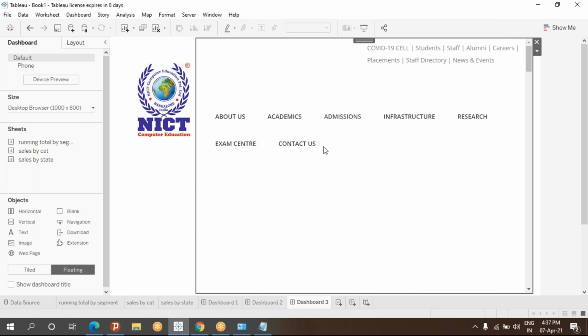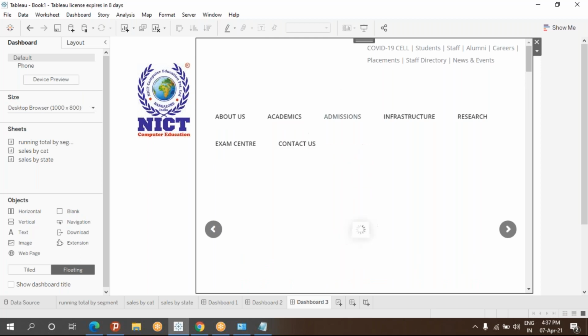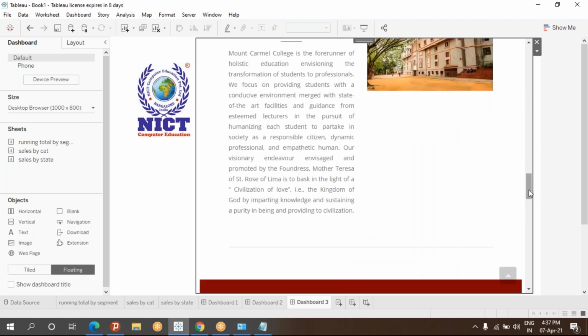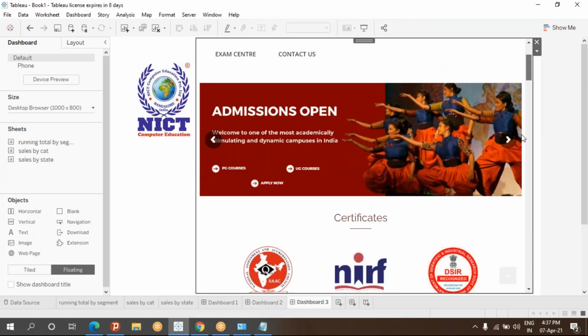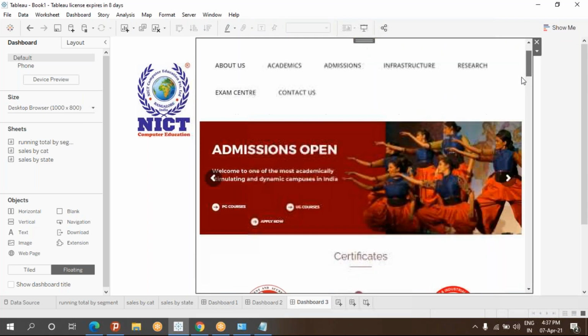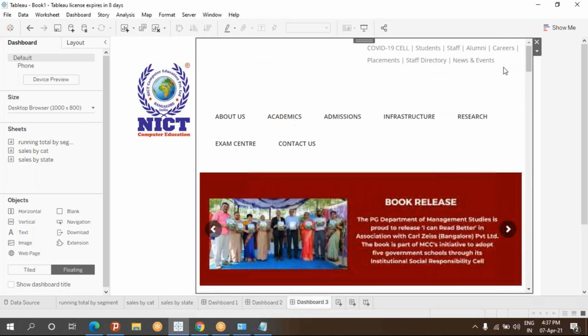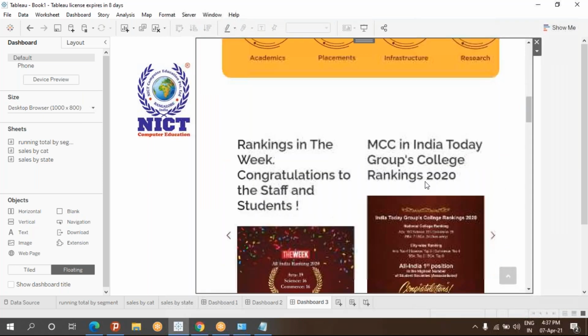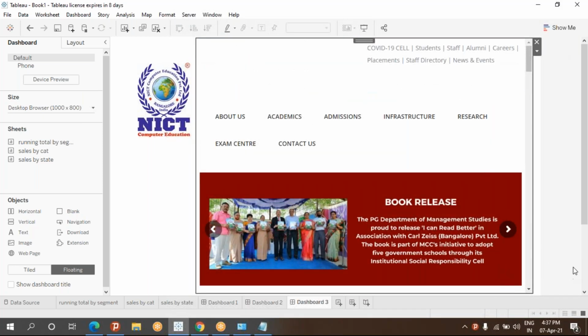I don't know, only the web page is this much. No, actually the internet is slow, it's loading. Okay, so this is how you can insert a web page. It gives us an option like a browser, whatever you want, you can search in that place only directly. Clear? This is the browser.